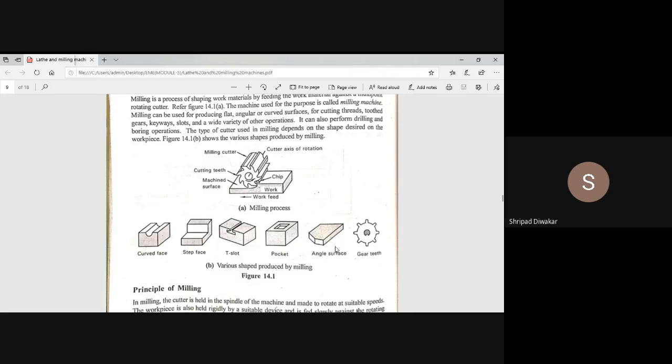So these are the operations we cannot perform on the lathe machine because it's not possible to hold the jobs other than the cylindrical type. Okay, so these are the variety of operations, and this is the milling cutter. Okay, having the multi-tooth cutter, and this is the workpiece. Okay, next